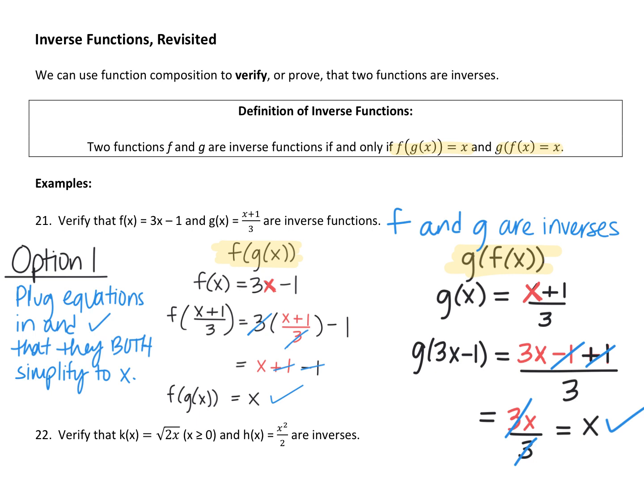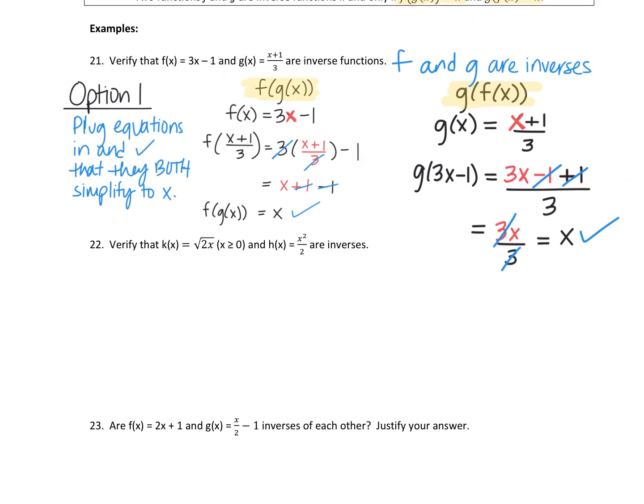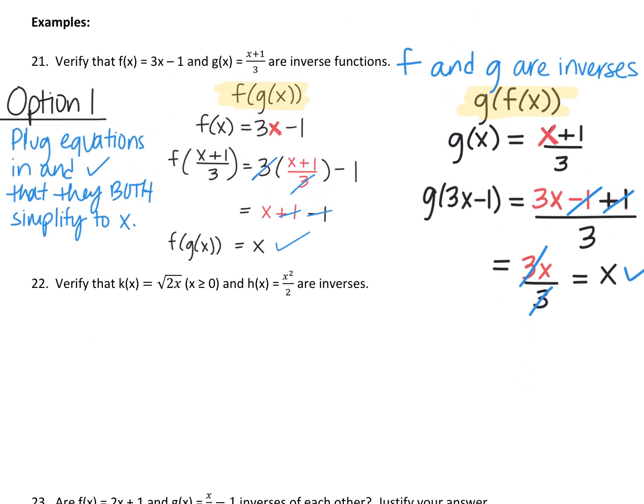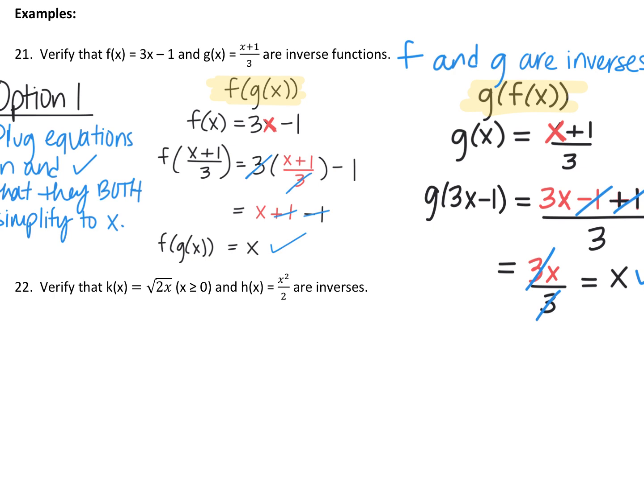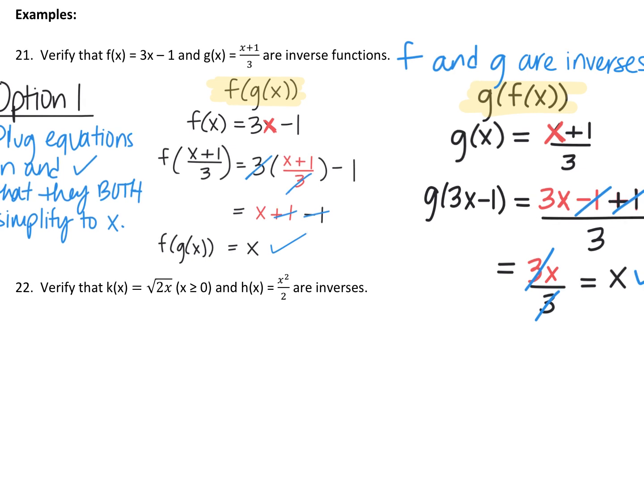To be completely honest with you, I would expect that you would make maybe some mistakes here. I think it's a good way to do it, and that is the official way to check that something is an inverse. But usually, students will do something different. They will instead just check and see if you can figure out what the inverse is. So your option 2 is a little bit more simple, and if you prefer this method, you can do it this way. Option 2,